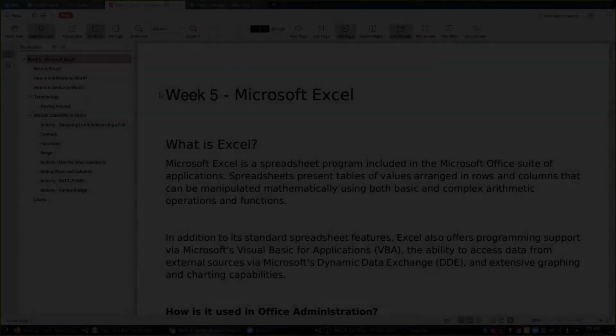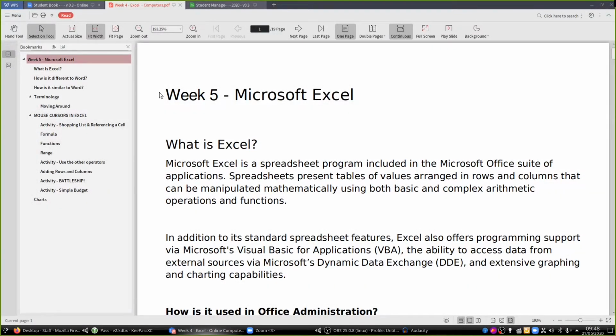5. Microsoft Excel. What is Excel? Microsoft Excel is a spreadsheet program included in the Microsoft Office suite of applications. Spreadsheets present tables of values arranged in rows and columns that can be manipulated mathematically using both basic and complex